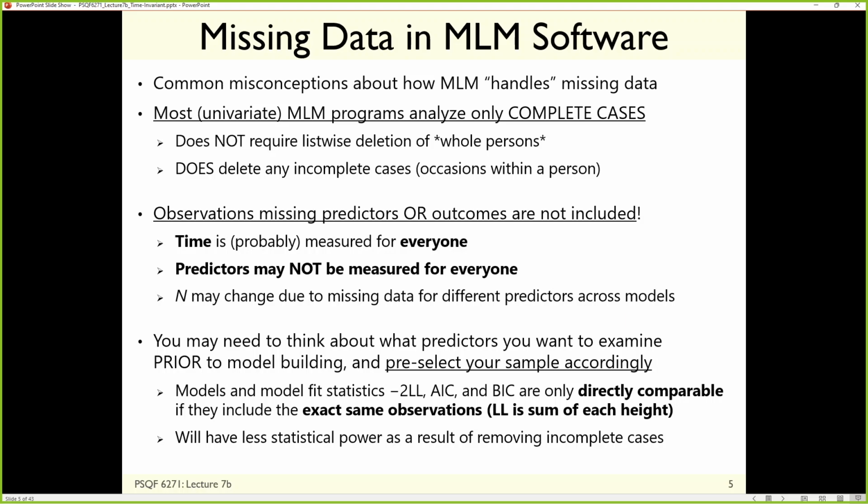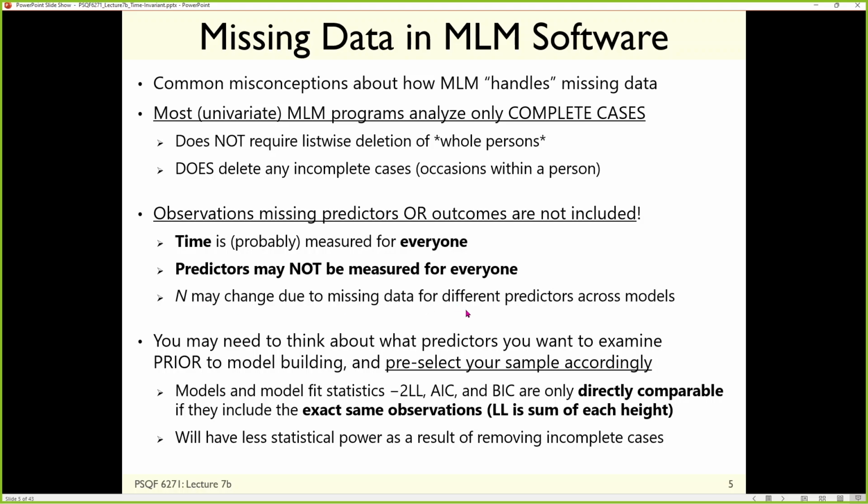Now, we haven't talked to this up to this point, because if you have an outcome, odds are good you know when it occurred. So the time variable is not likely to be missing if the outcome is there. You know when you got your data, especially nowadays when computers will log times and dates without you even having to do anything about that. The predictors, though, may not be the case. We could have missing predictors that are person things or time-varying things,